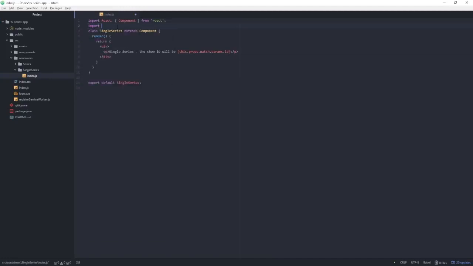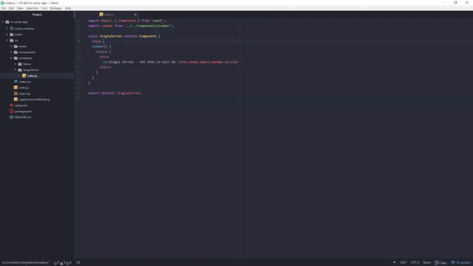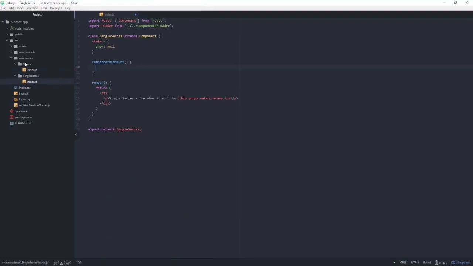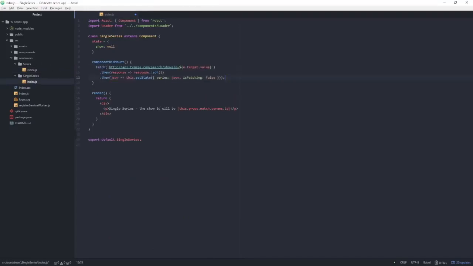And since we will be fetching something, I want to have the loader, and I want to create state for the single series. Add one property to it, it will be show, and I want to fetch the show from the API. I'll just copy the fetch from the series container,